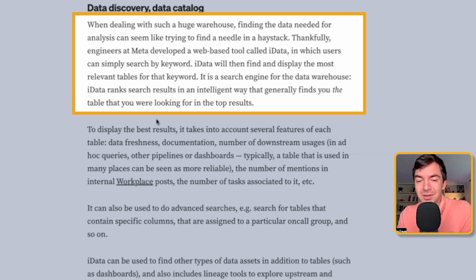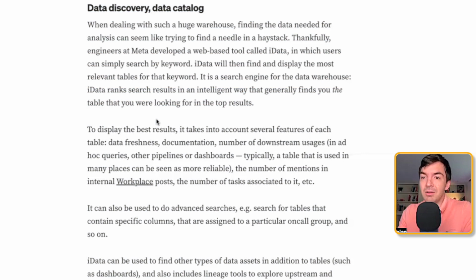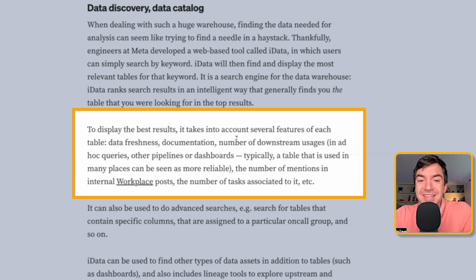Occasionally, you'd have to do a little searching, but you'd find the core tables, because it was also based on how people were clicking, who was using it, how often it was used. It went a lot more in depth than just, hey, here's a thing that kind of sounds like the name you just told me. To display the best results, it takes into account several features of each table: data freshness,